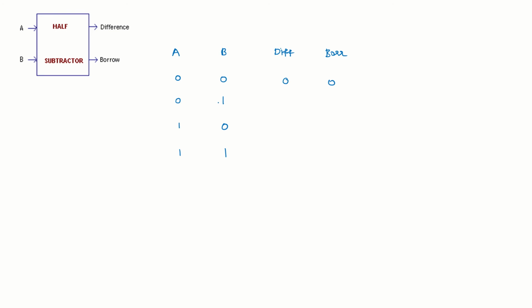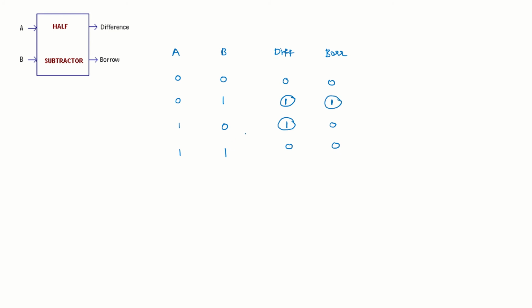When we subtract 0 and 1, it is actually A minus B. That's what we are looking at. So difference is 1 because 0 minus 1 will be minus 1. And since it is not 1 minus 0 and 0 minus 1, there will be borrow. So borrow field is also set. Now here it is 1 minus 0. So 1 is on the upper hand. Difference is 1. Since B is subtracted from A, there will not be any borrow. Here 1 minus 1, we know what it is. 1 minus 1 is 0. No borrow here. So we have got the fields like this is 1 for difference, this is 1 for difference, and this is set for borrow.